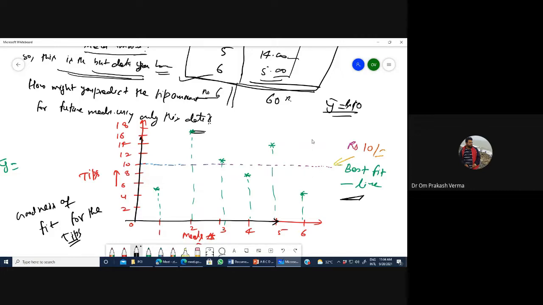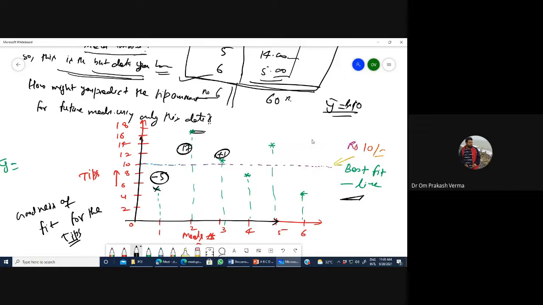Let's say this amount is 5 rupees. What is the difference between your fitted value and your data? In this case, it is -5, if I'm not wrong. Similarly, this one was 17, so it is +7. This one is +1.